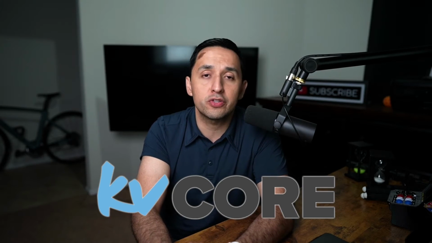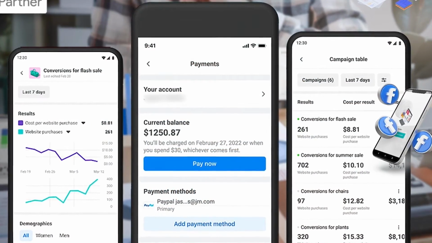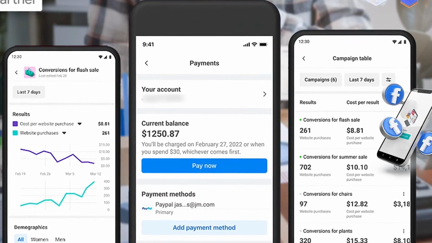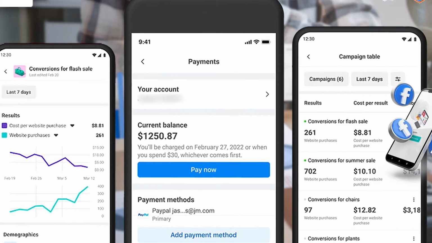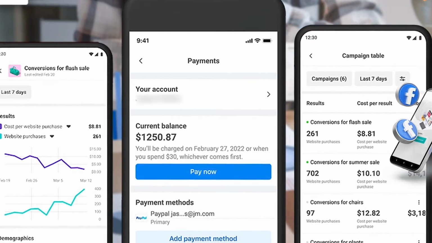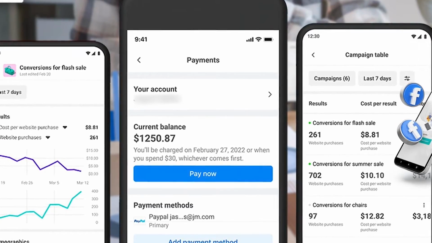A lot of that has to do with the automation that we just talked about. So if you do not have KV Core, if you do not have an app with your CRM that you have, then make sure that you download the Ads Manager app. This Ads Manager app allows you to at least see that leads have come in. You may not actually be able to download the leads from there directly, so you may not be able to see the information. However, you at least know, hey, I just got a hit,